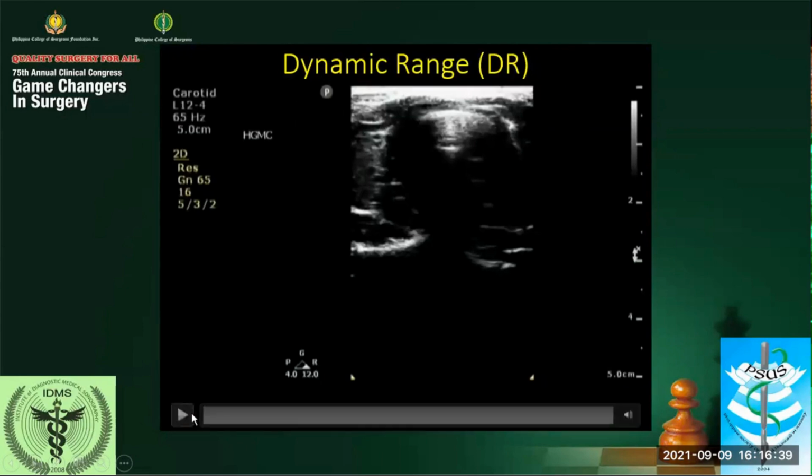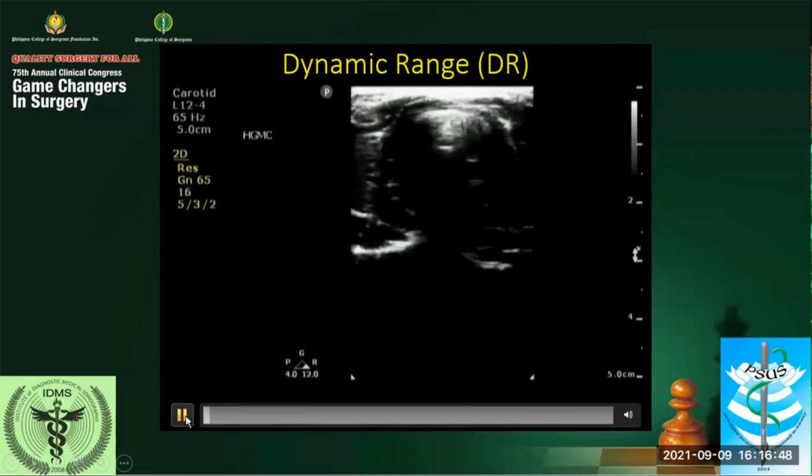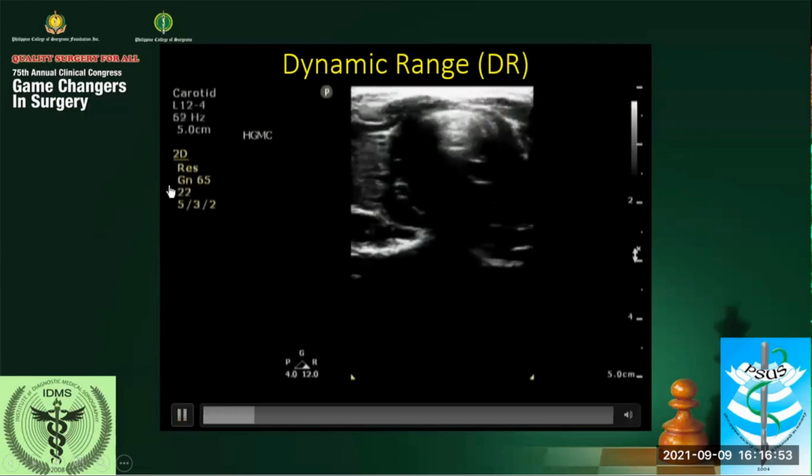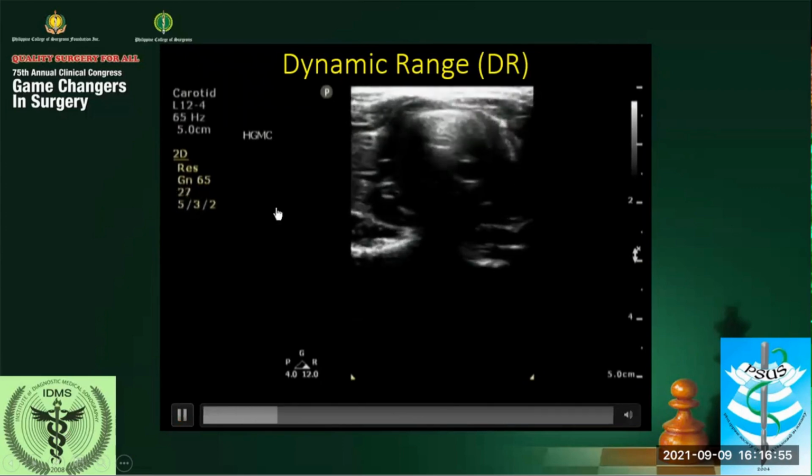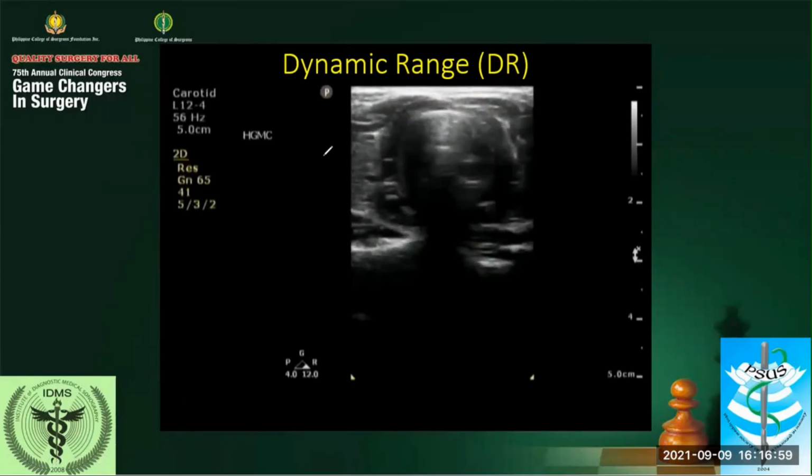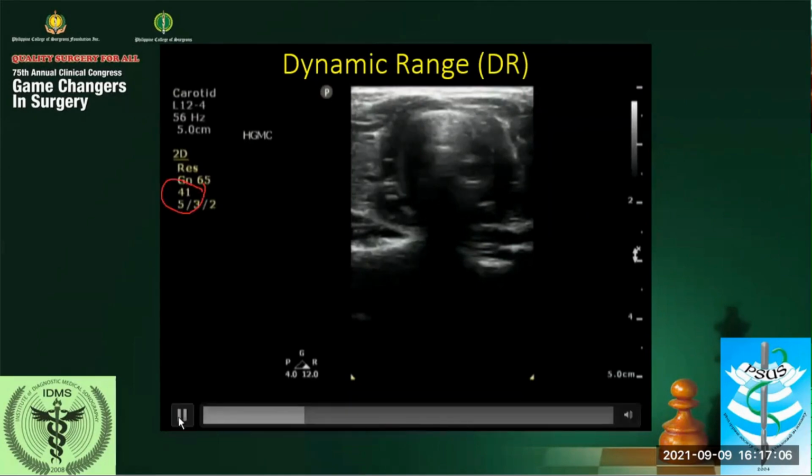Now here again is a video of how the dynamic range affects the image. So here is the dynamic range. Just a moment, it's here. This one. Notice that number. See that number.